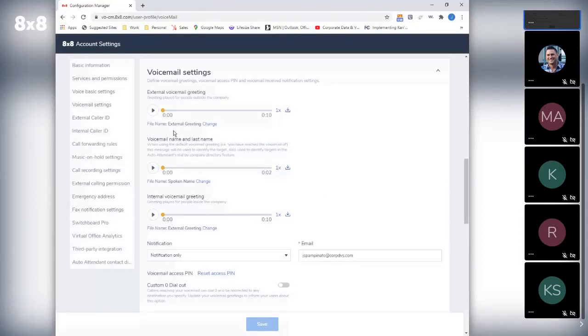So if I want to change the external greeting, I click here. Or if I want to change my name and last name, I change here. Now, that doesn't mean that if I change my voicemail name and last name, I'm changing my name from Joe Spampanato to something else, right? Maybe I want to adjust the recording, right? So let's do that. If I click change,